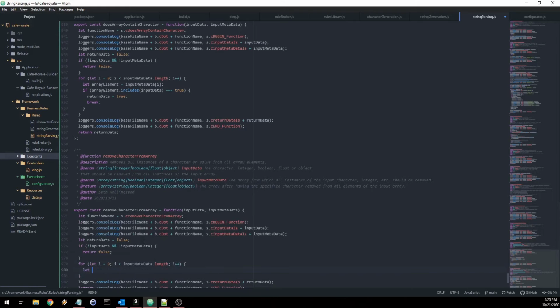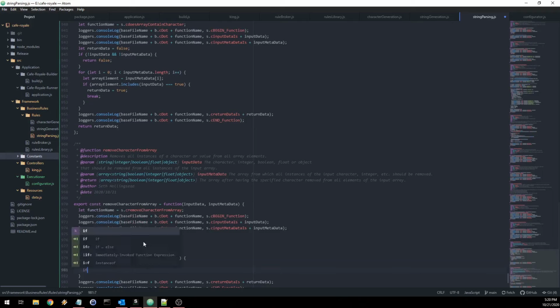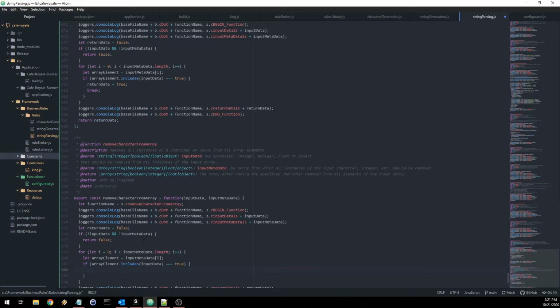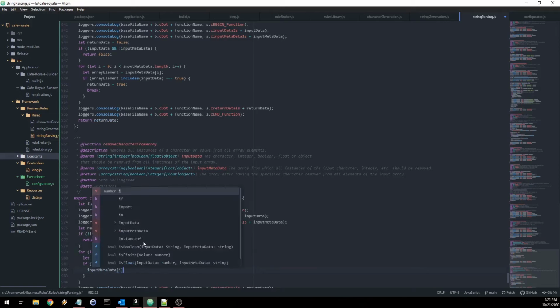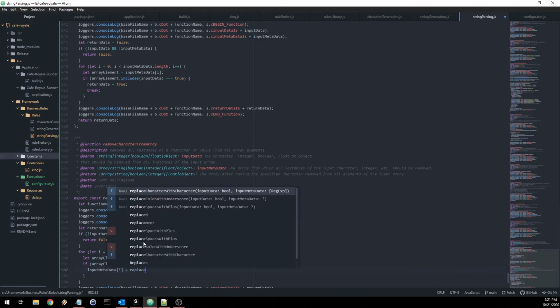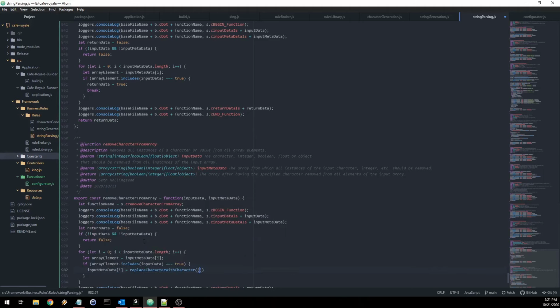Inside that loop, let array element equal input metadata, the ith element of that, and if array element dot includes input data equals true, then input metadata ith element equals replace character with character array element,